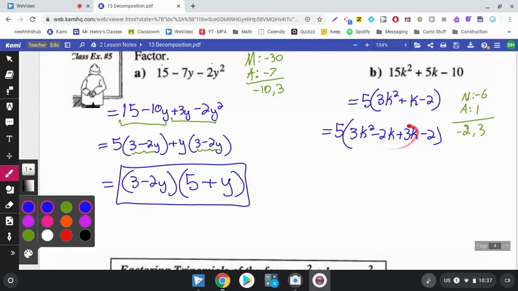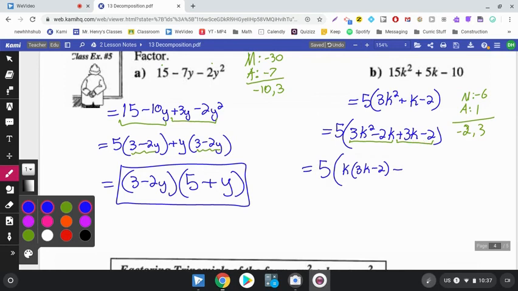So I decompose it. I break it apart. And now I can factor by grouping. And I'm just factoring all this stuff on the inside. Okay, so you have your 5. And then you've got 3k squared minus 2k. I could have factored out a k. And I get 3k minus 2. And then plus,